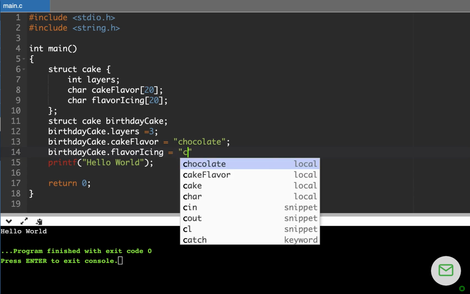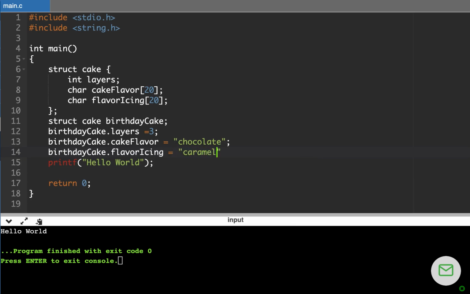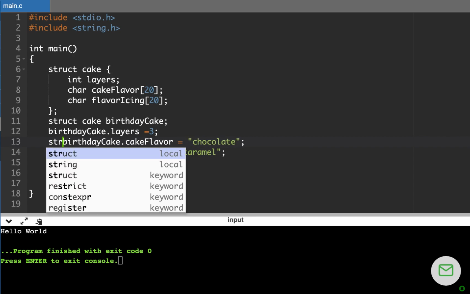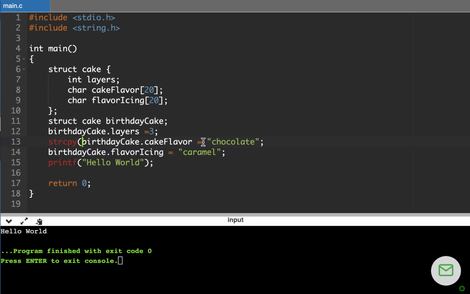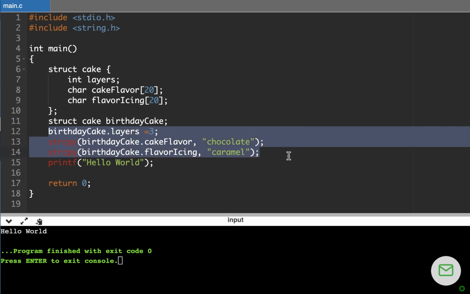We'll say maybe caramel. And as I'm typing this, I'm realizing that with arrays of characters, you can't just do it in a simple assignment statement. You need to do a string copy and copy that word chocolate into the cake flavor, and you copy the caramel into the icing flavor. And then, so these 3 lines right here would populate everything about that birthday cake,